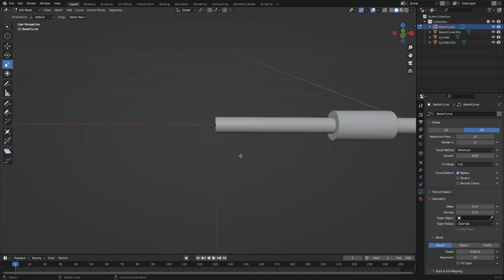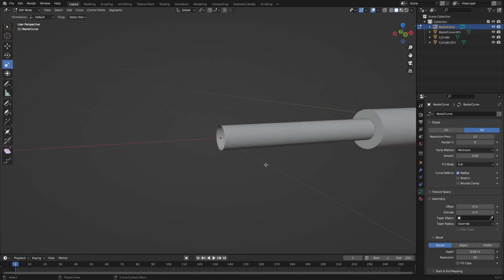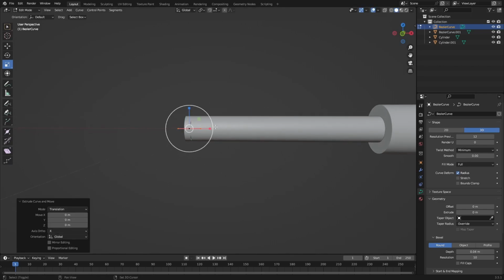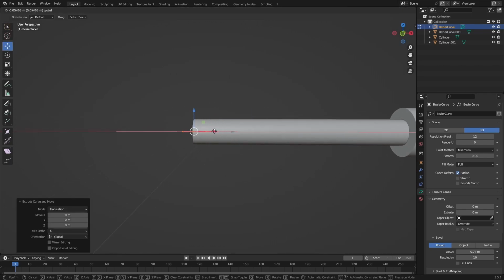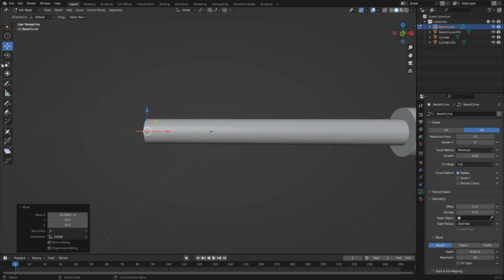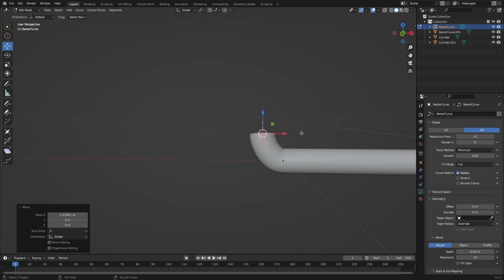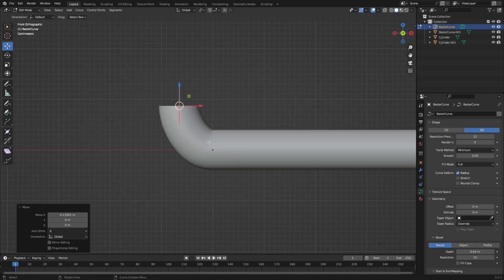From here, we'll select this point on the curve, shrink it down a little bit, E to extrude, push it out, rotate it 90 degrees along the Y-axis, push it up, over like so, to get a curve